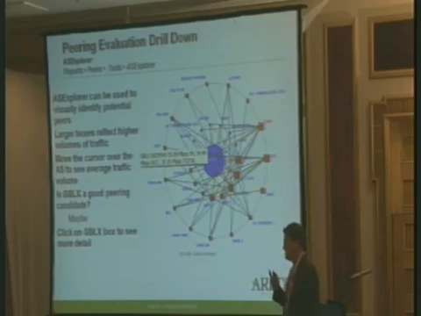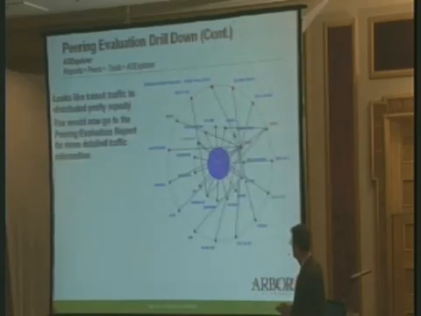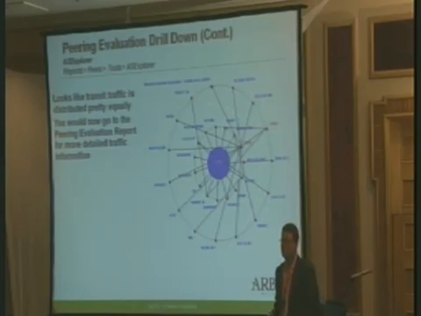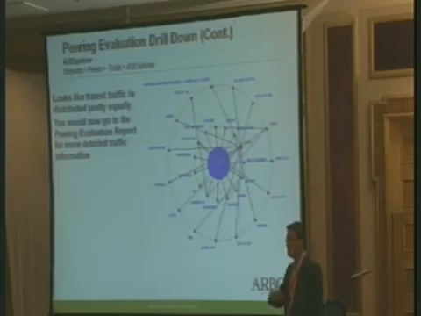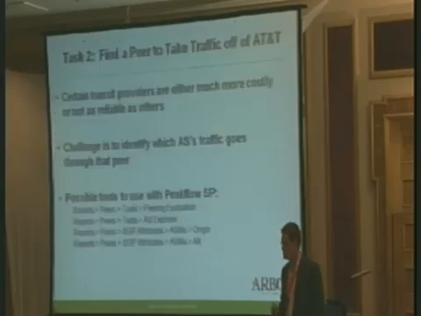So once again, I want to make sure: should I peer with them, or maybe someone inside their network is just using them as a transit to get to me, and vice versa. So if I click on that little icon, now their AS number, 3549 GBLX, is the center point of my AS Explorer view, and I can see that the traffic is pretty evenly distributed amongst their peers and amongst their customers. So yes, it would make sense to peer with GBLX directly and not anybody beyond their network. And that would save me about 50 megabits per second of bandwidth on